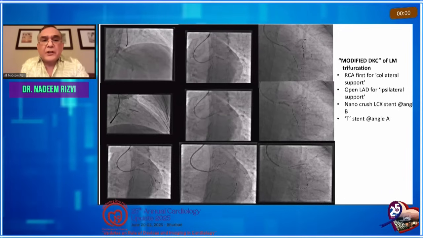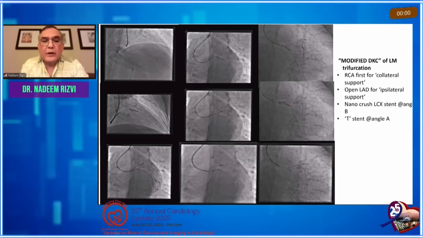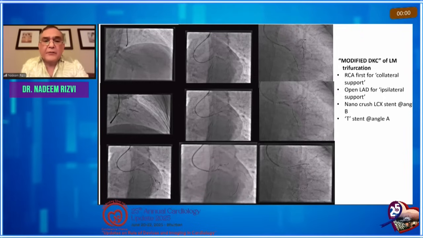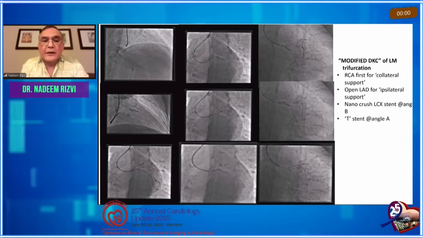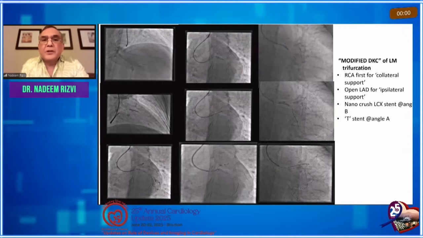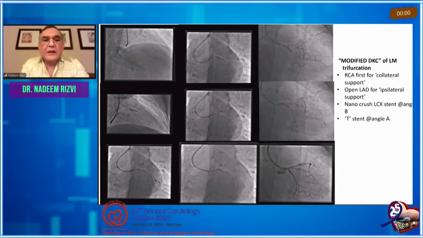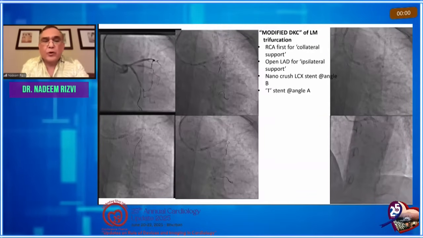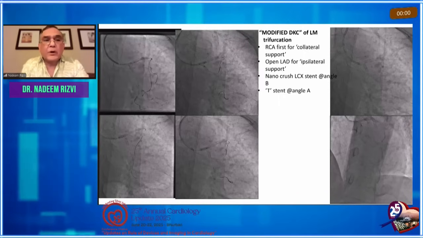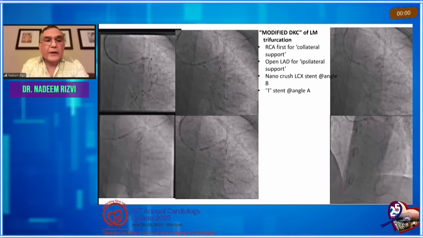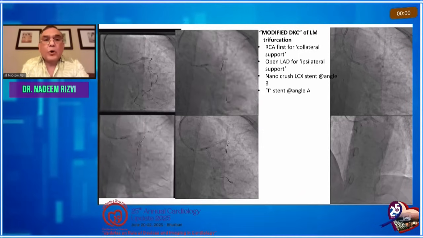Now you need to crush this. In this case we modified it to crush it with the ramus. So now you've got a little bit of stent in the left main, but the distal part of the carina angle is free of stent, and you needed to then do the proper NC, make sure that there's a balloon in the left main, then final kissing, and then you go ahead and put a stent. First you've already stented the distal, make sure that you don't do double stenting of the ostium to occlude the ramus, and so another short stent overlapping distal to the ostium of the LAD, and then POTing it,